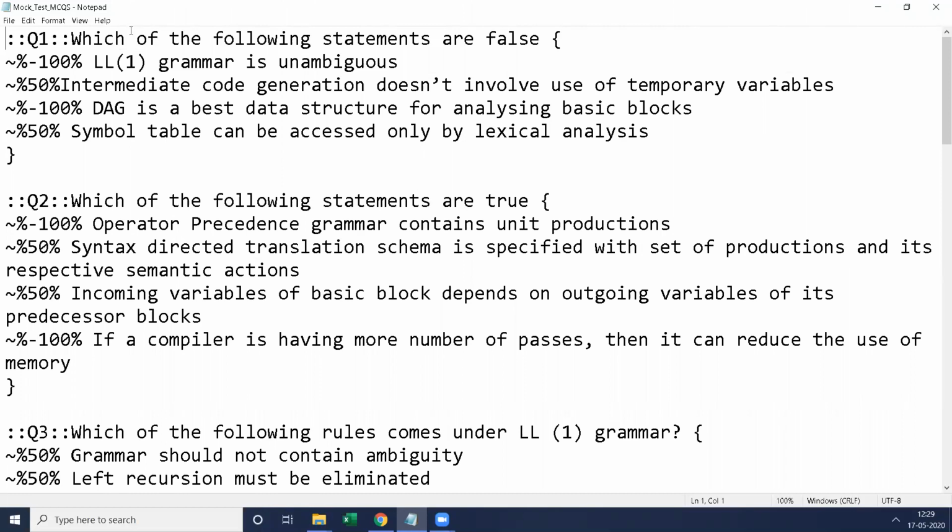Here I am taking 10 questions. Within these 10 questions, if you want to upload all these 10 questions into LMS by using GIFT format, you need to follow certain notations.